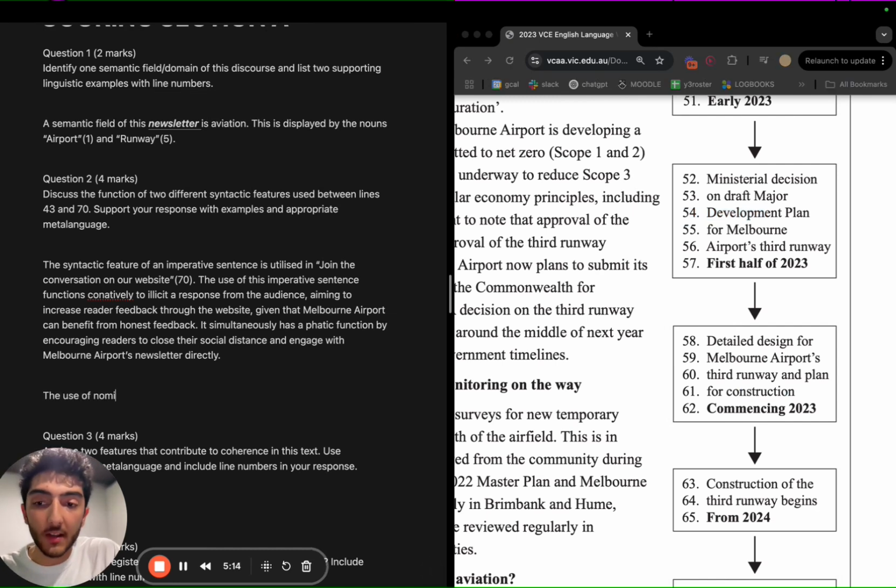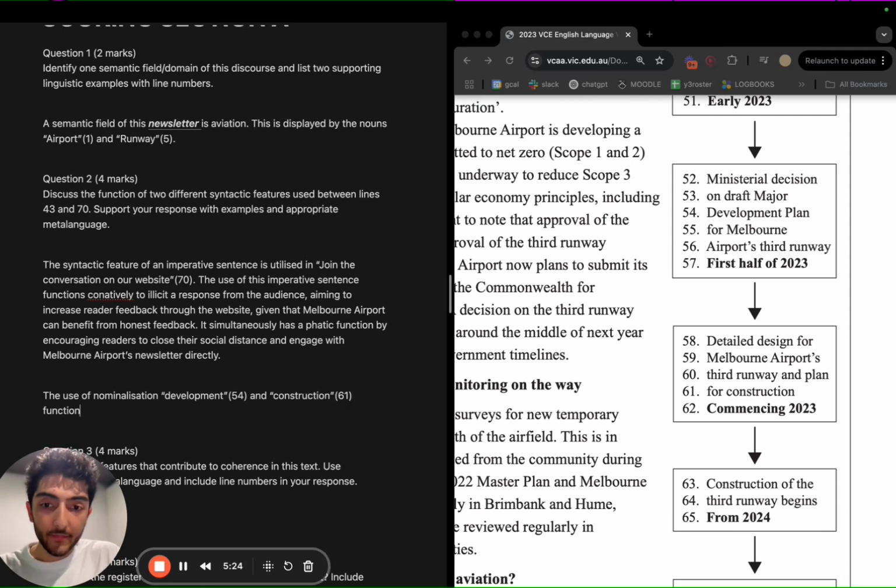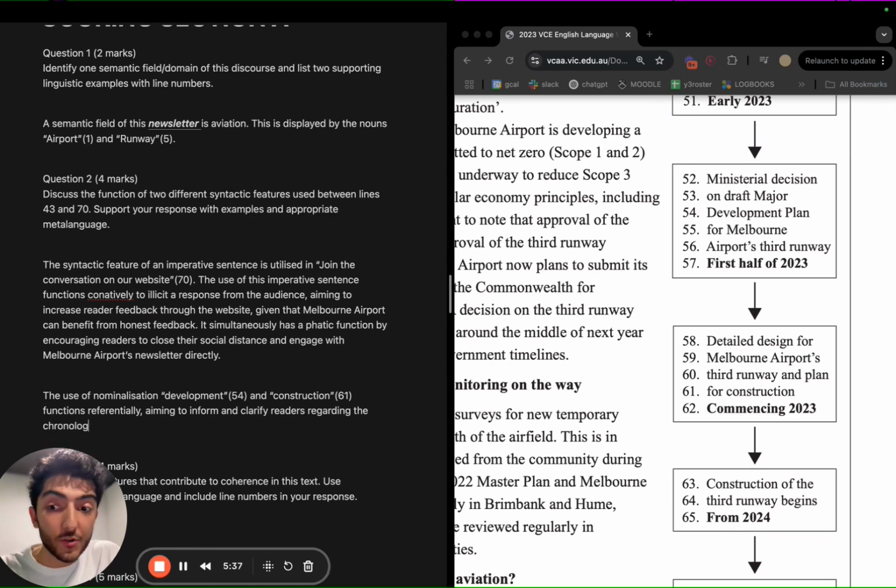The use of nominalization, development, line 54, and construction on line 61, functions referentially, aiming to inform and clarify readers regarding the chronological timeline of Melbourne Airport's new project. Full stop.